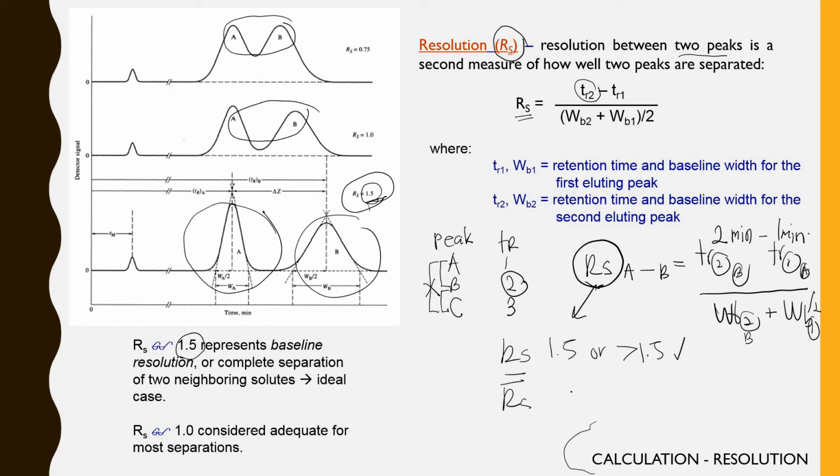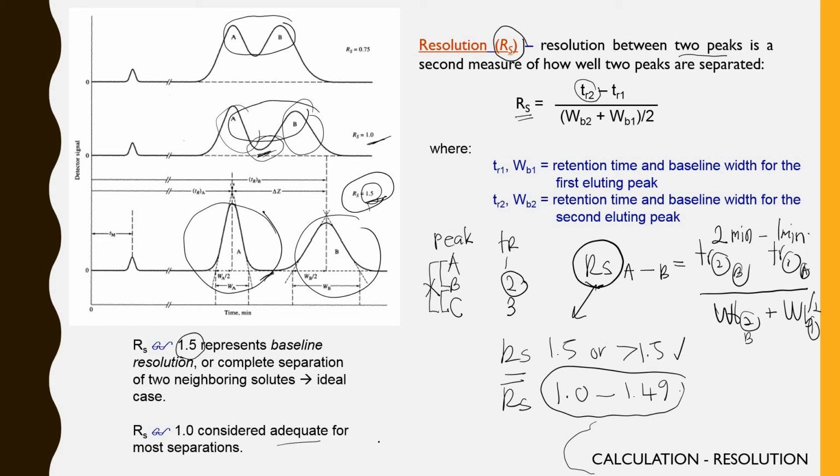But if you are having RS which is between 1 and 1.49, for example, this one is already separated, but it is not well separated. Okay, almost separated. As we can see here, this peak A and peak B, okay, the baseline is not very clear as compared to this one. So you know that you should consider more separation. The separation is almost happened. Okay, maybe we can try to adjust some things, for example, here and there, so you can obtain the best